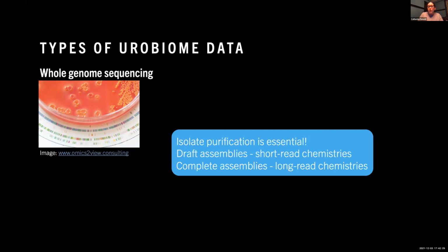So if the goal is to produce a draft assembly, then you can consider short read chemistries such as Illumina. However, if your end goal really is to have a complete genome, so one complete contiguous sequence representing that genome, then you might want to consider doing long read chemistries such as nanopore, or hybrid chemistries, meaning that you're going to do sequencing both with the nanopore as well as Illumina to get the benefits of both of those different